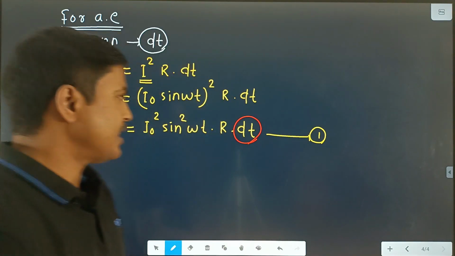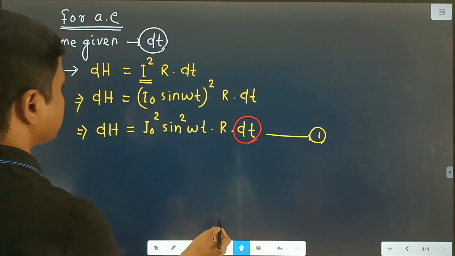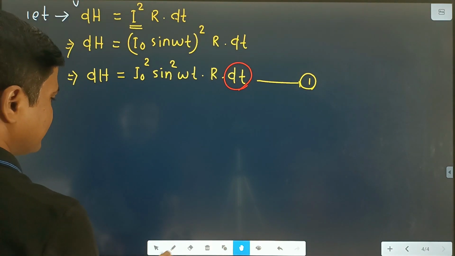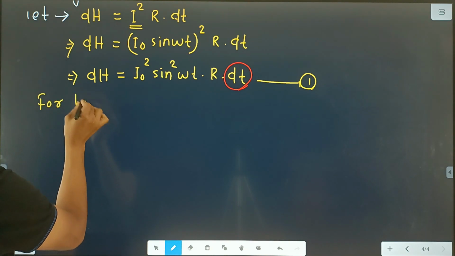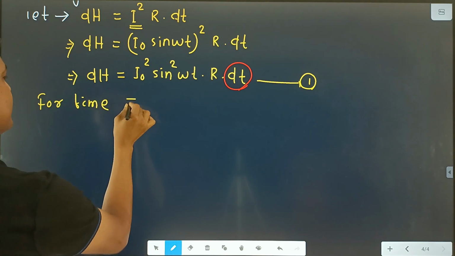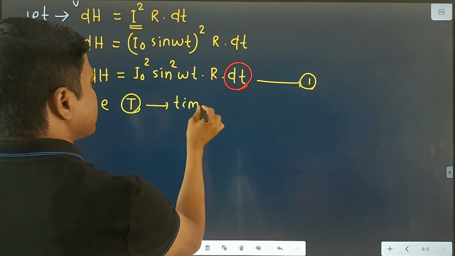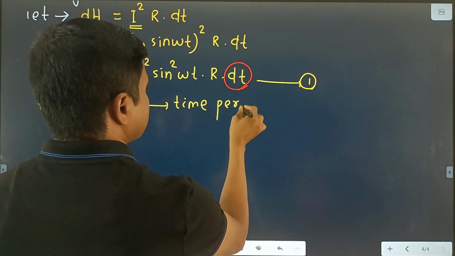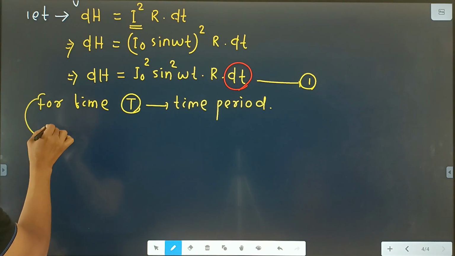Clear? And for total time, suppose the time period T, for time T, heat produced,